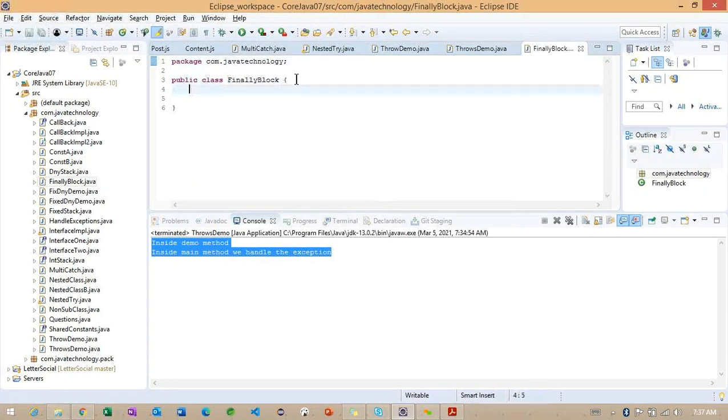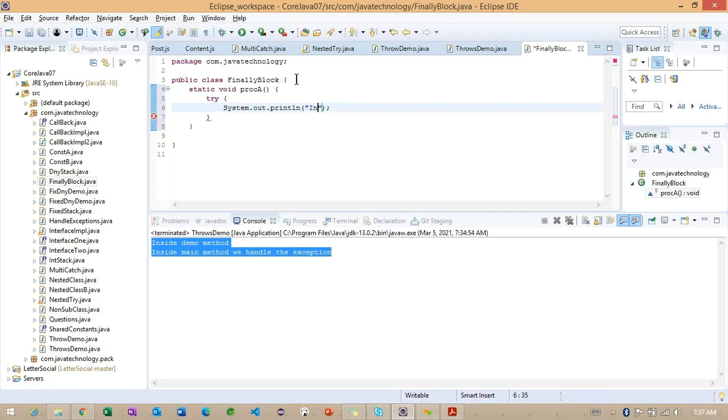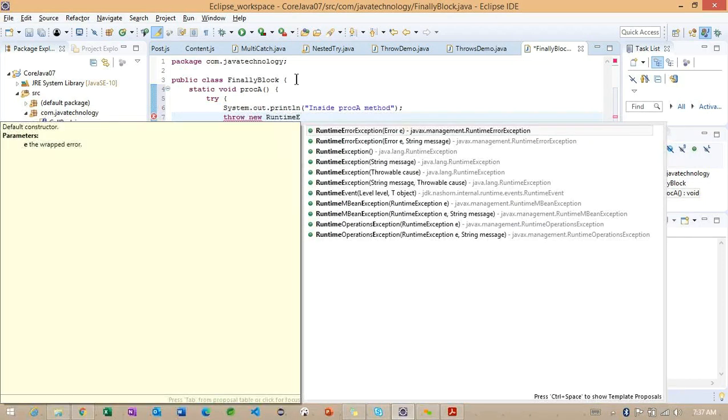Inside this particular finally block class, I want to create one method, static void procA, and inside this I'm handling one message here inside the procA method, and now a runtime exception.